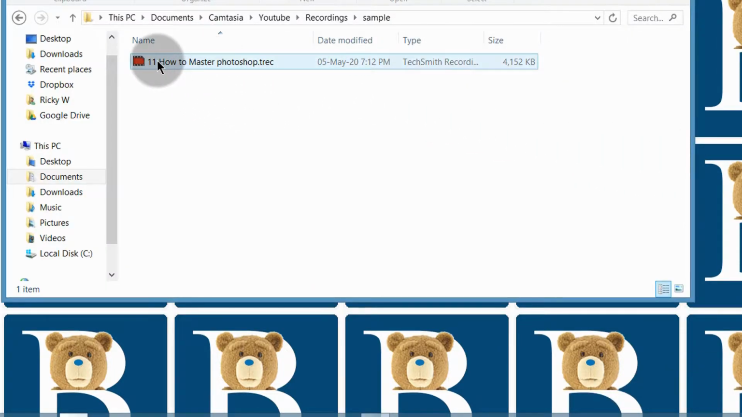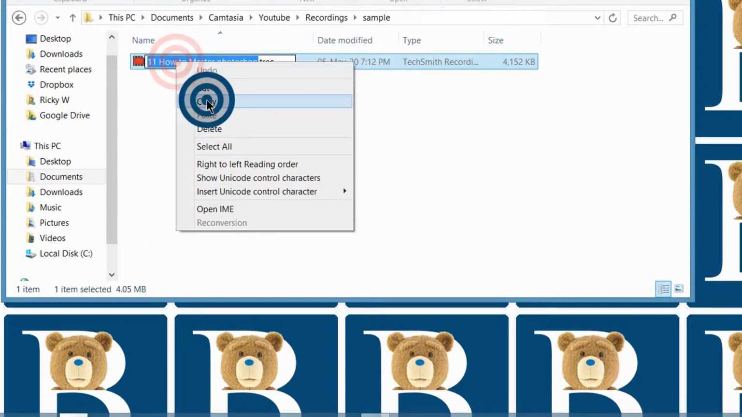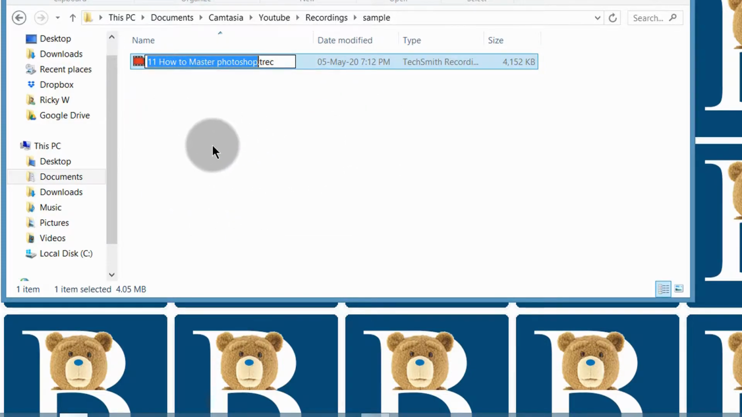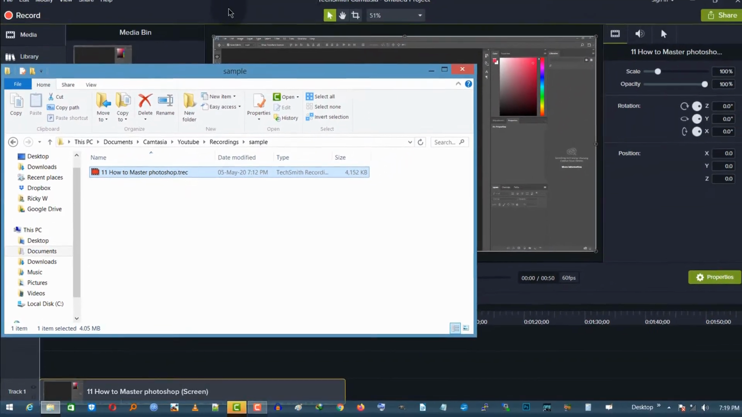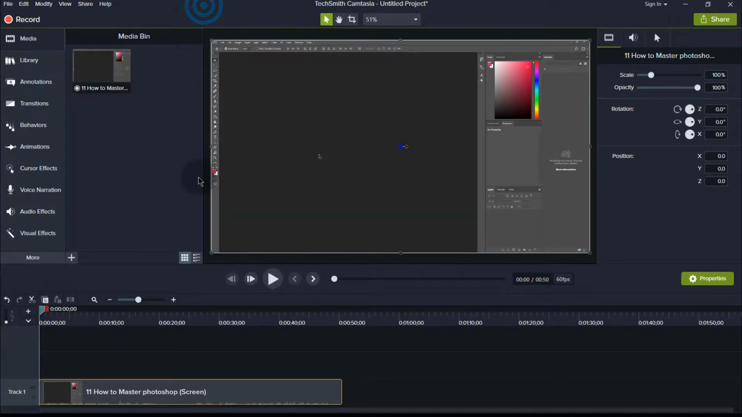So I have this file which was recorded in Camtasia 2018, and I want to copy its name so that I can use the same name to save it. So I'll just double click on it to open it in Camtasia. This is just a sample recording that I want to use to show you how you can edit your Camtasia